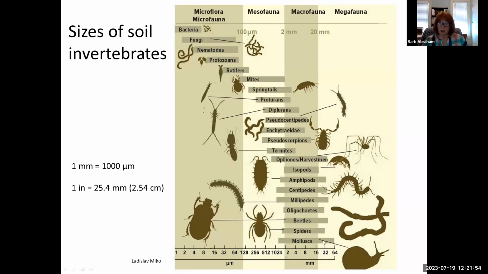So yeah, there are some mollusks, spiders, beetles, earthworms, of course, millipedes, centipedes. I don't know what they're talking about amphipods here. I don't know of any amphipods in the soil. And actually, they've got this backwards anyway. This is an amphipod. This is an isopod. So the sow bugs and pill bugs are isopods. All their legs look alike. Okay, and the harvestmen, pseudoscorpions, remember I showed you were pretty small, so none of them get up to an inch in length. Pseudocentipedes are garden centipedes, and again, don't look at the picture, look at where the bar is.